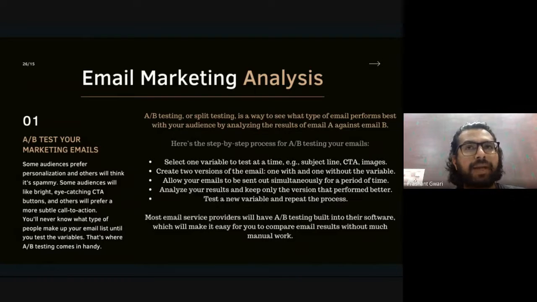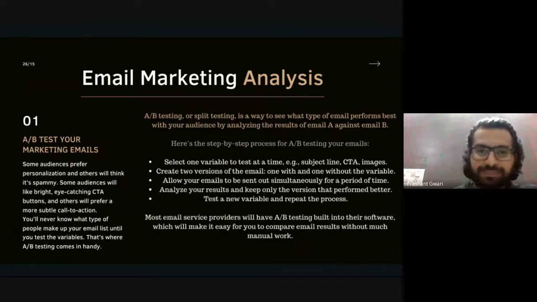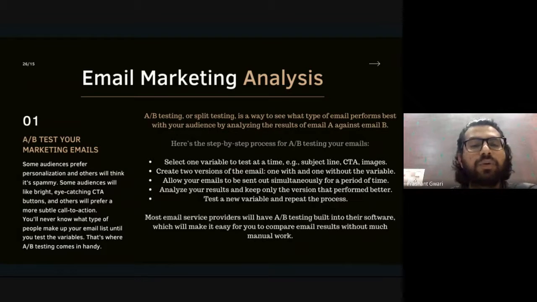We pick 2 email marketing campaigns. Let's say on one email marketing campaign, I am adding a normal poster. On the second email marketing campaign, I am using an infographic. Maybe on one campaign, I'm using a small red call to action button, and on the second campaign, I'm using a big white call to action button. So you can do these kinds of things on email A and email B to find out which will perform better.